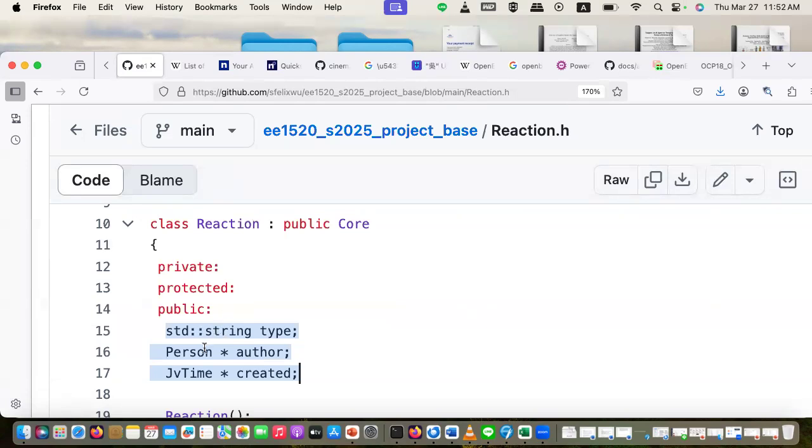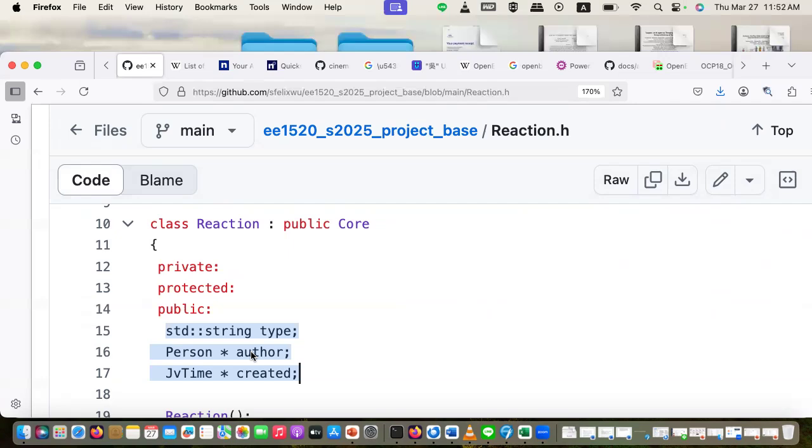But the reason I use a person star instead of a person object is that because I use a star or reference, if the person changes his name, then the person's name in this reaction will change too, because I'm pointing to the original author or from.